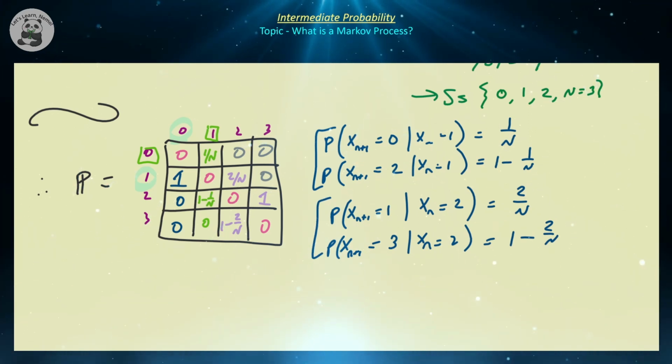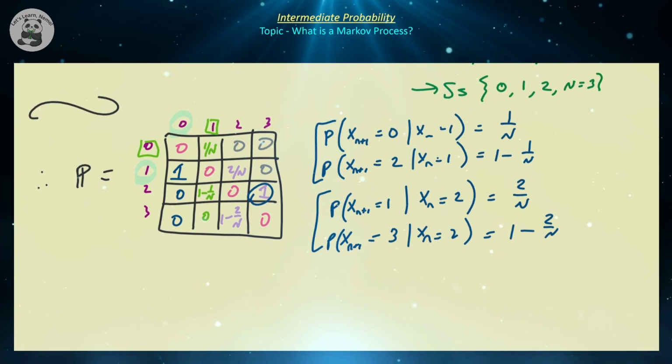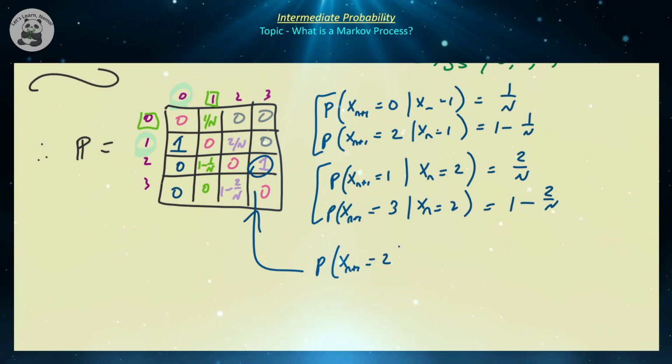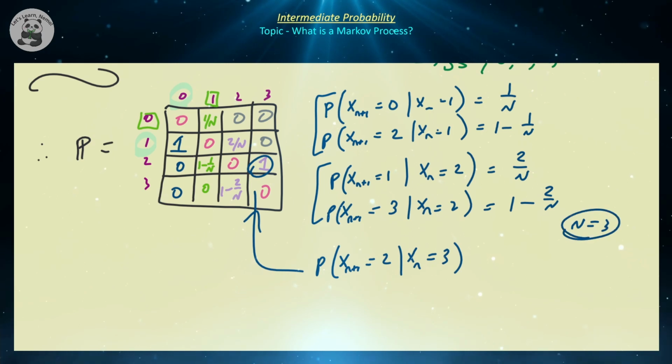Right? And let's look at this lonely little 1 in case you still haven't figured that out. So what is this little 1 here? That's the probability that Xn+1 is equal to 2, assuming that Xn was equal to 3. Keep in mind the total number of particles is equal to 3. So that means the other container does not have any particles, which means the only particle to randomly be selected must come from A. Therefore, it must decrease by 1. Therefore, this is an absolute certainty. Right? So this is the type of matrix that we have.